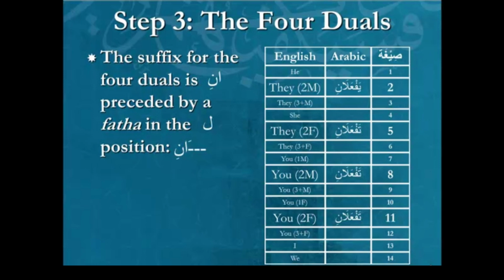It's not a big deal because in English they make no distinction. They say you, regardless of whether you're speaking to a male or a female, 2 males, 2 females, group of females. It's the same pronoun used for all 6 of those. Well, actually, there's only 4 in English because there's no dual in English. But the point is that there's no differentiation between masculine and feminine in English. So here in Arabic, normally we would have a differentiation like you're seeing between 2 and 5. Number 2 is for the 2 males, yaf'alani. Number 5 is for when you're speaking about 2 females, taf'alani. So those 2 are different. In second person, it becomes irrelevant. Doesn't matter whether you're speaking to 2 males or 2 females, you're going to use the same verb for that.